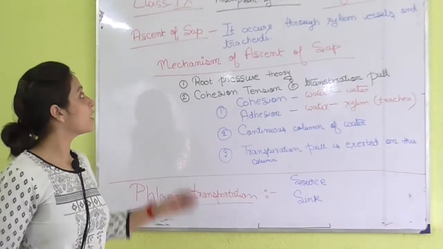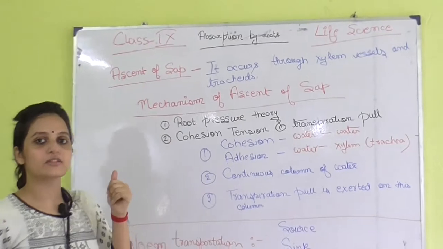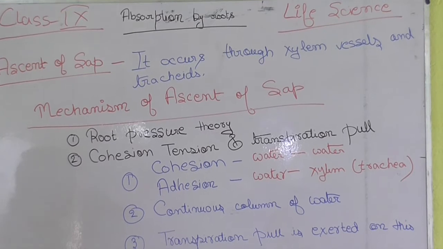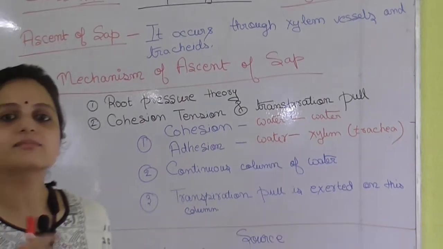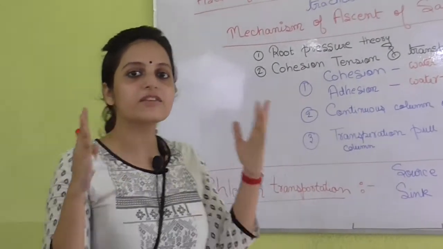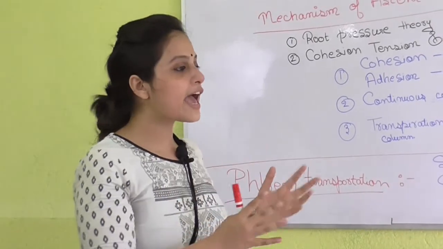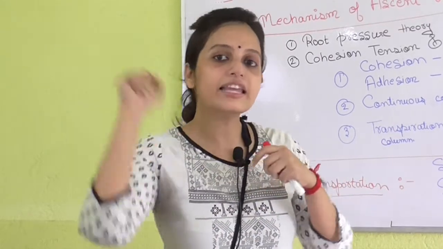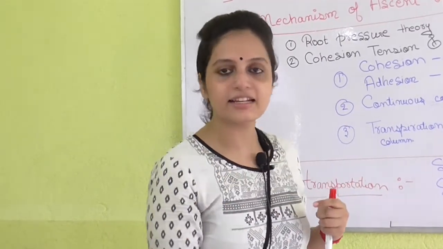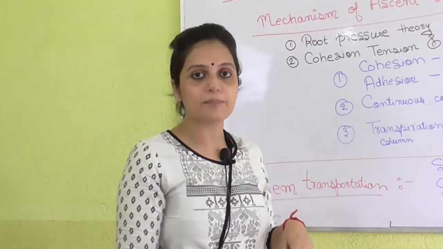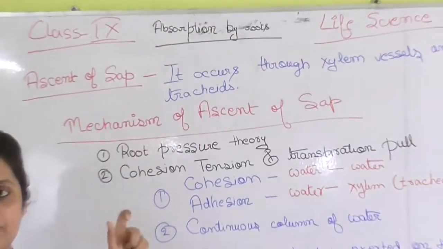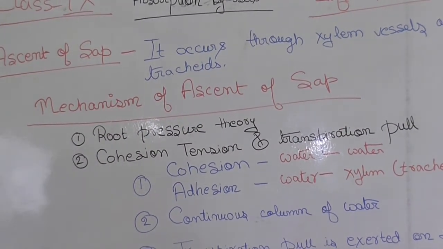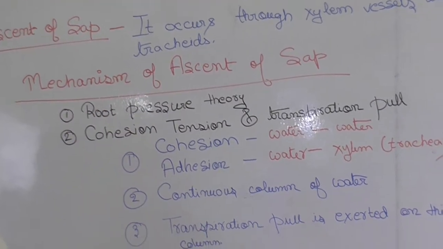We are going to study about ascent of sap. So before that, what is sap? Sap means the water that the root is taking from the soil isn't pure. It is mixed up with various minerals, so it will be termed as sap. So the sap is moved from the root through the stems to the leaves. This ascending movement is known as ascent of sap. It mainly occurs where? Obviously in the xylem. In the xylem vessel known as tracheids, it occurs there.